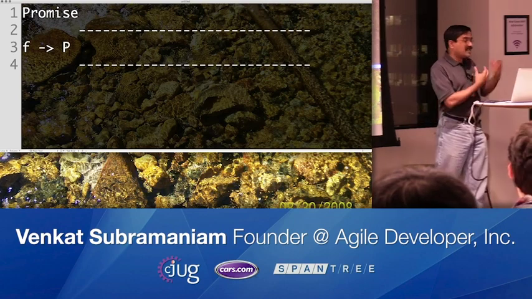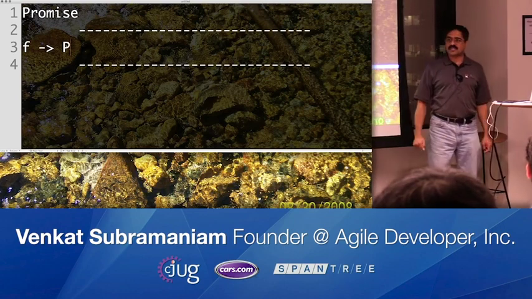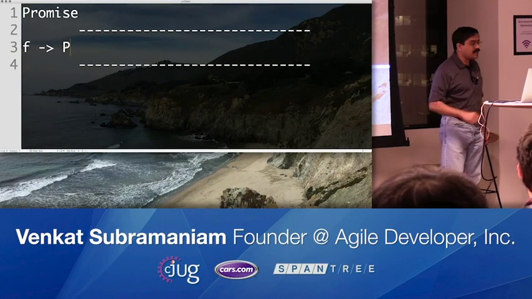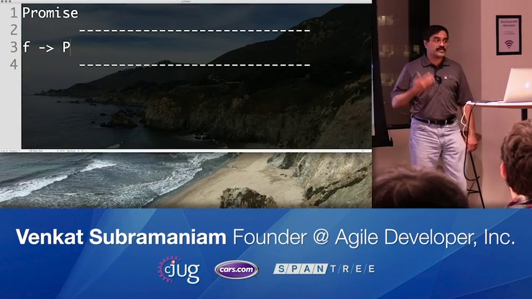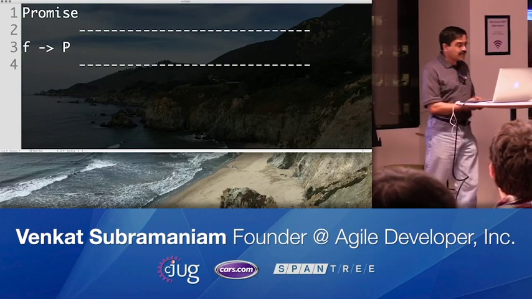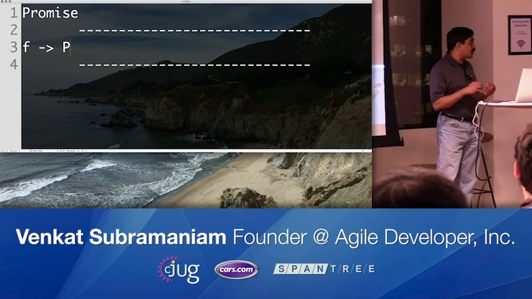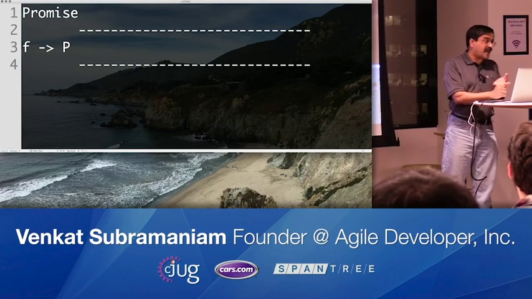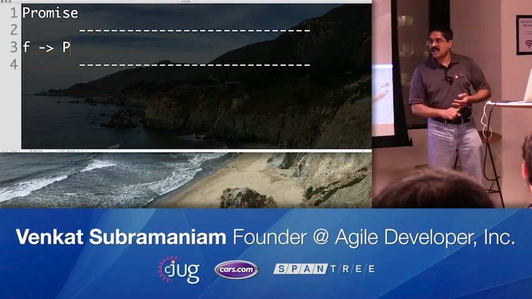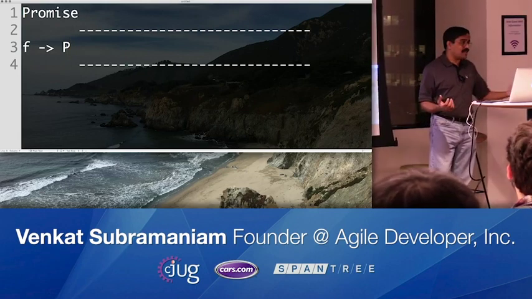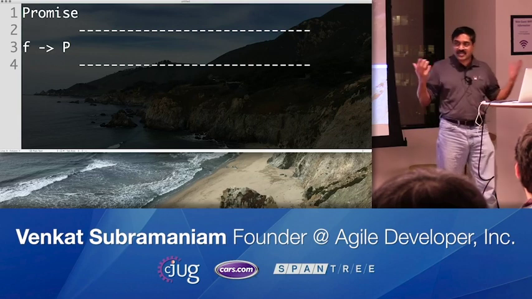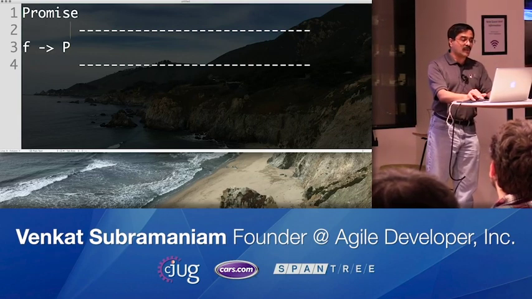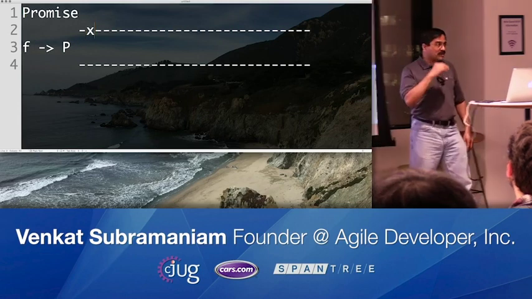A pending state could potentially change to one of the other two states. It could be in a rejected state, where it says, I'm sorry, this is not going to be a successful event, I'm going to give you an error back. Or a promise could be in a resolved state where it gives you data. So these are the three states of a promise: resolve, reject, and pending. But once it gets to a resolve or a reject state, it will never ever change again. Those are the final states, but pending is a state from which it could potentially change.